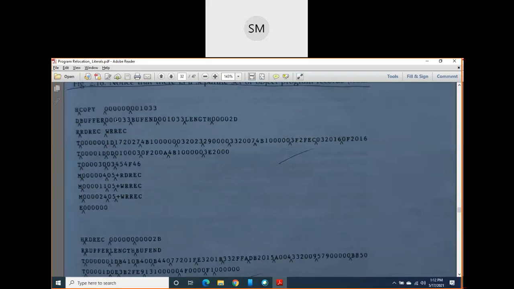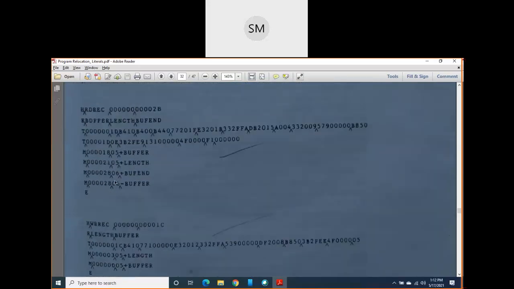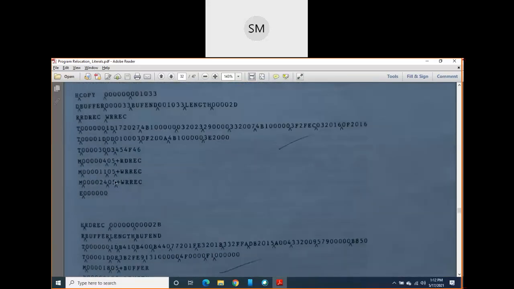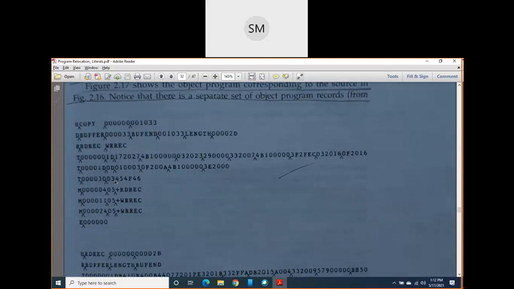Here we insert two new records. One is the define record, where we list the external definition symbols along with their addresses. But in the refer record, we just list the symbols without their addresses.